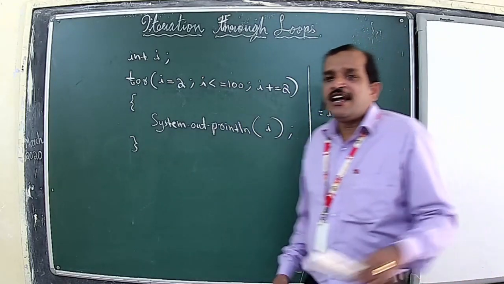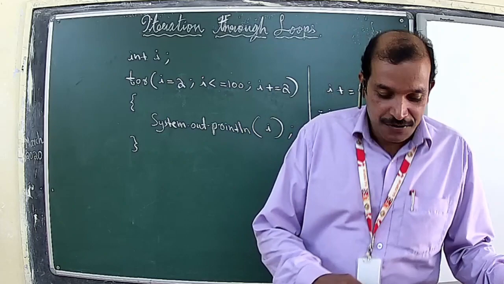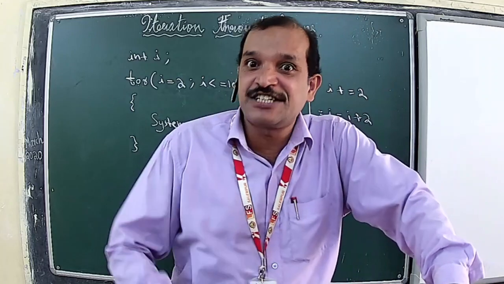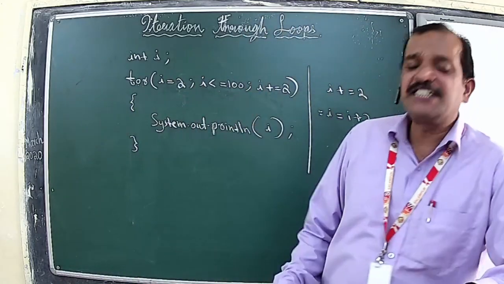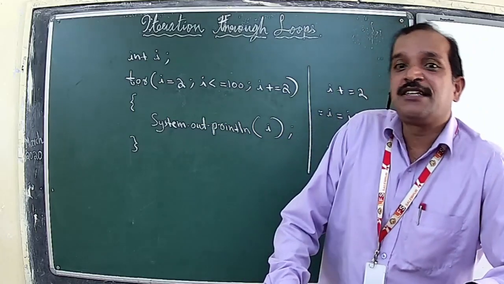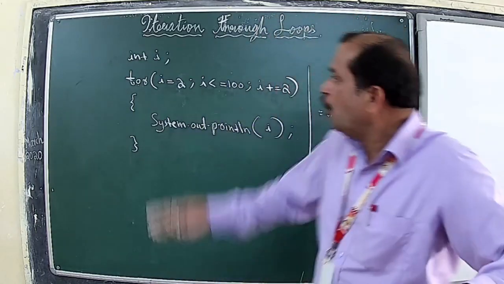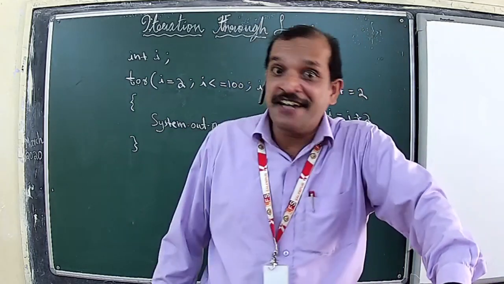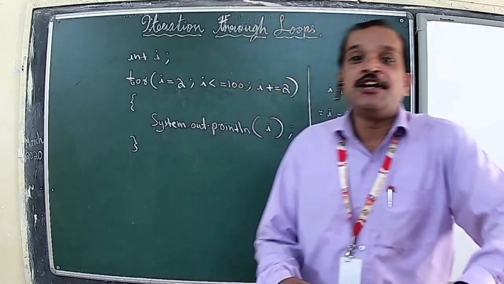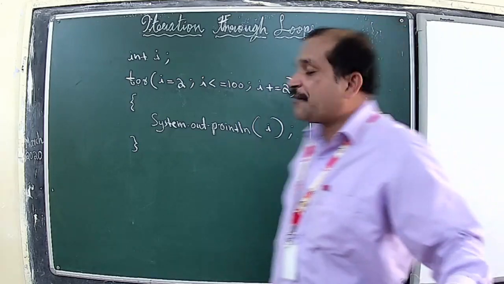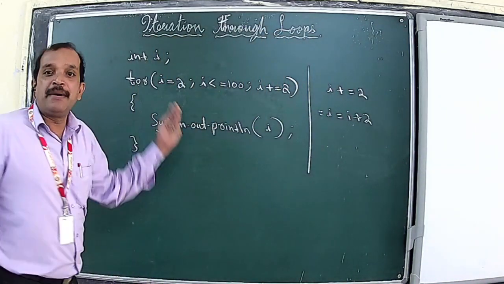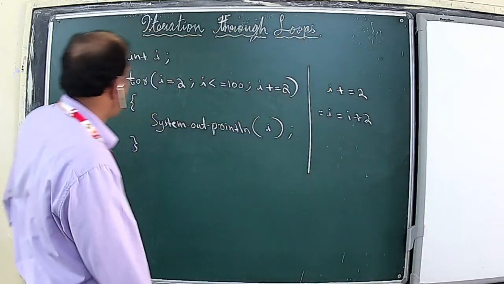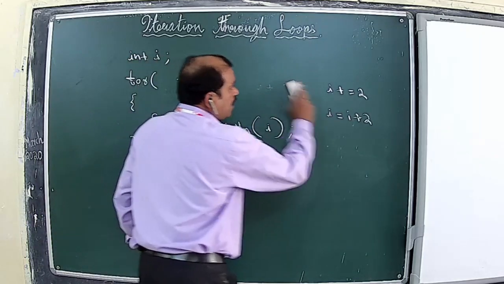Now, we are going to learn one more technique as part of this session. There are mainly 3 sessions for this iteration through loop as part of this chapter. And in this first session, your last task is to learn another technique, that is printing numbers in reverse order. Now, all the numbers were printed in the forward order, from 1 to 100. So now we are going to see how numbers can be printed from 100 to 1 in the reverse order. For that also only a few changes are required as part of this program.